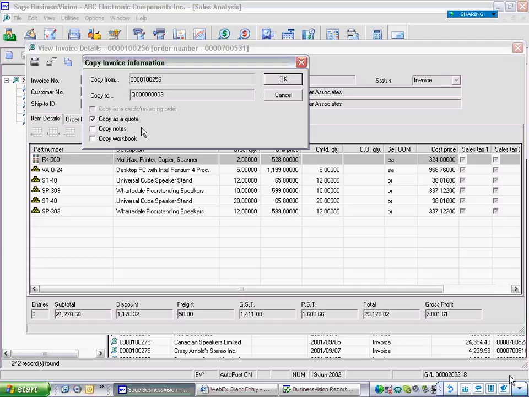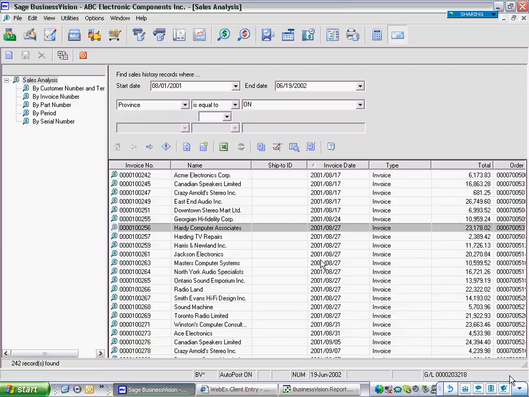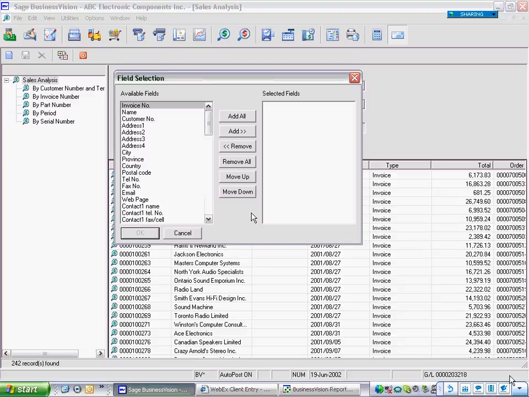The other thing I might do with this information is use this Excel button. What this is going to do is export these 242 records to Excel. It will ask me what fields I want to take with me, the important fields that I want to see in Excel. Invoice number, customer name and number are important. You can see all the fields down the left that I'm able to take. And perhaps I simply want the total. When I hit OK,